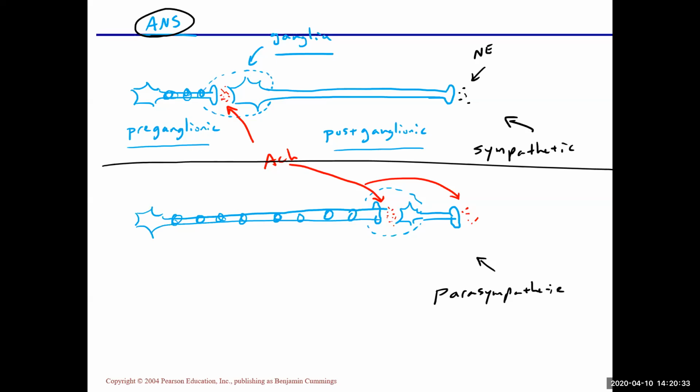So let's go ahead and take a look at the sympathetic system first. I'll give you an example, and again, don't memorize this example. I might give you different examples on your exam, or on your assignments,